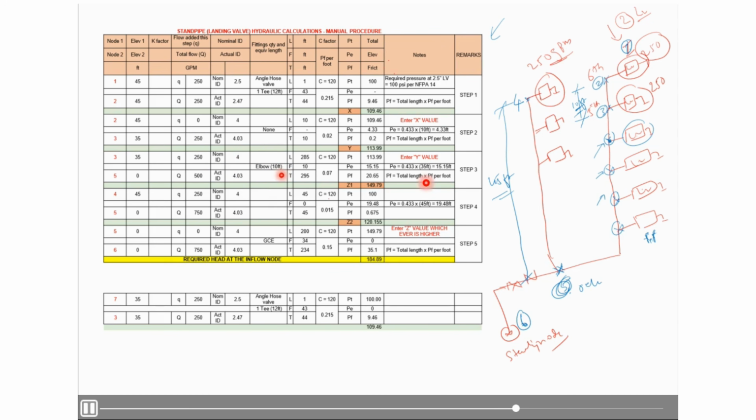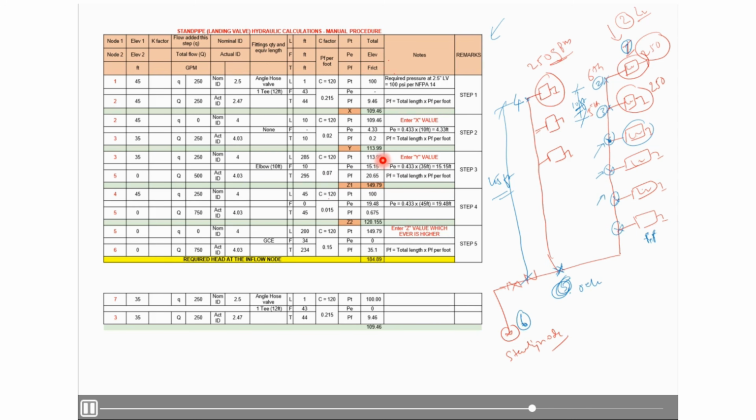Here I have an elbow. I consider this particular elbow here, and this 10 feet from the equivalent length chart. You can check NFPA 24. Length of node 3 to 5, I consider as 285 feet, and the elbow will be 10 feet. Total will be 285 plus 10, which is 295. C factor will be 120, and from the friction loss formula based on the 4-inch pipe I am getting 0.07, and then